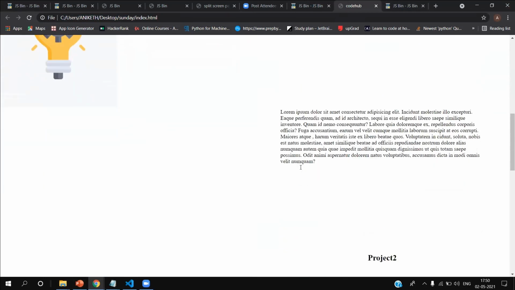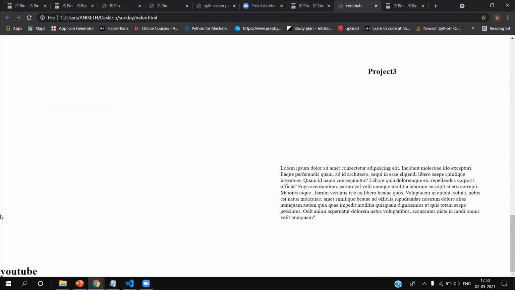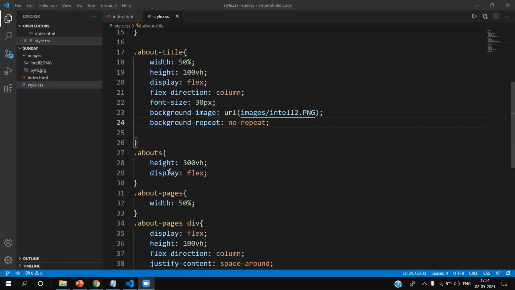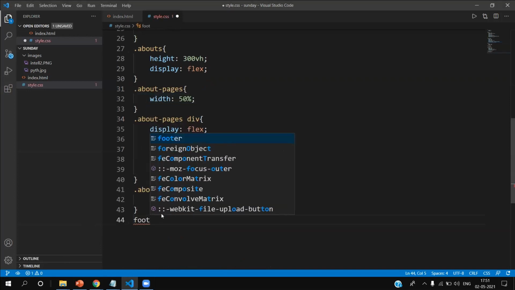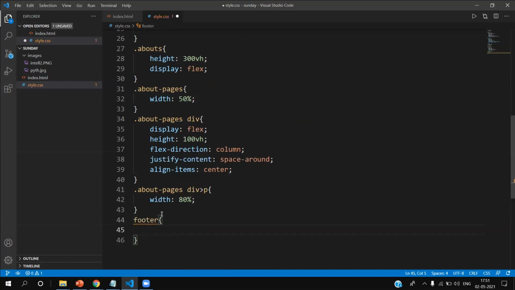Now we've created 3 sections: project 1, project 2, project 3, and there is a footer. Now let's do footer. I think in 10 minutes we'll do that. Let's take footer and give the footer a height of 50 VH.